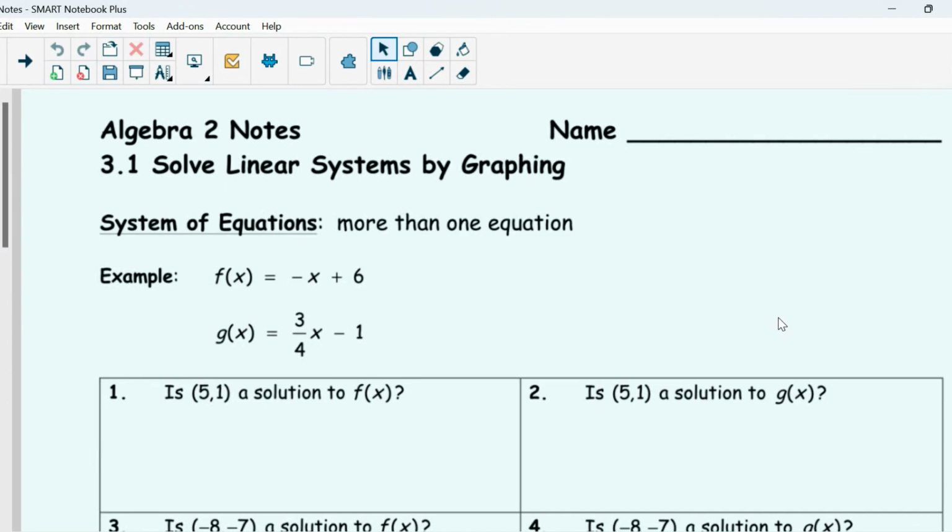In 3.1, we will be solving linear systems by graphing. So let's start by talking about a system of equations. A system of equations is when you have more than one equation. An example here is you have your f of x equation and your g of x equation. A quick reminder, the solutions